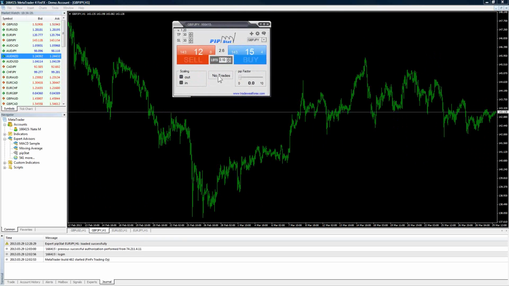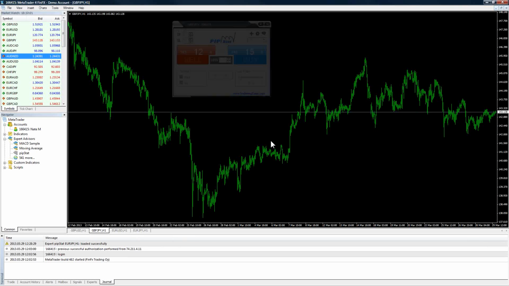Okay. So we've expanded Pip Stat, and now you can see that there's obviously scaling. It offers scaling. It says that there's been no trades, so it's not giving us any information on past trades, and it's showing something called Pip Factor. As a brief overview, yes, this is going to let you scale out of trades. Scaling is giving you the opportunity, when you go in and make any given trade, and let's say you go in with a 0.2, excuse me, 2 mini lots, and you place a trade.